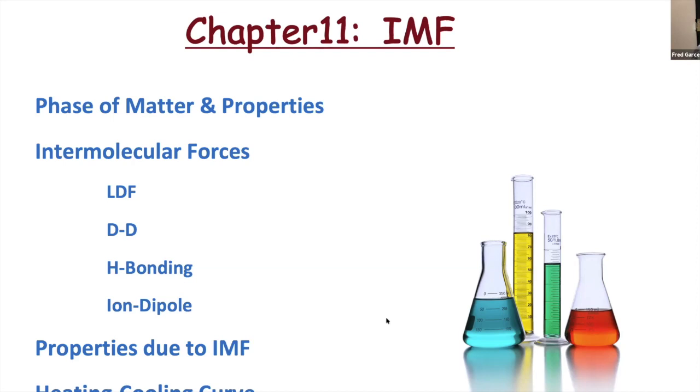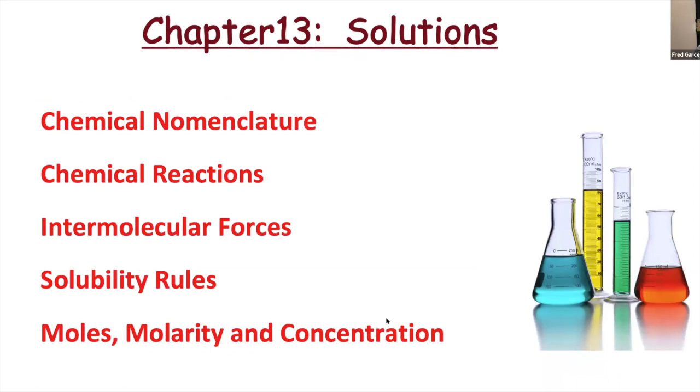The next section here is chapter 13, solution chemistry. Here you need to know a little bit about nomenclature, the formulas, the chemical reaction. Sometimes when you're forming a solution, especially, the solution generally has a solute and a solvent. You got to make sure that the solute dissolves in the solvent, otherwise you're never going to get a solution. So you need to know a little bit whether or not it might interact with water and mess things up. You need to know a little bit about intermolecular forces.